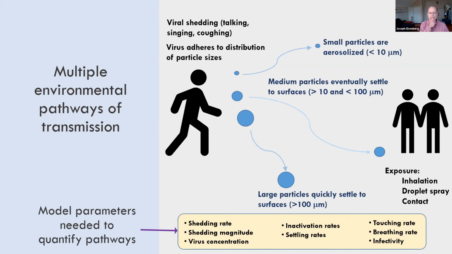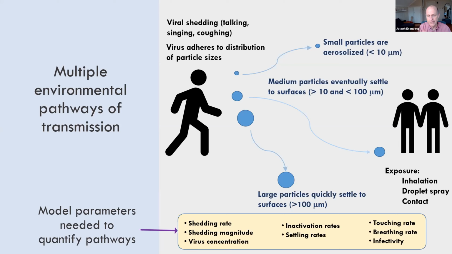And so then these are various parameters that we need to quantify these transmission pathways and better model these transmission pathways, and therefore better explore intervention strategies. What is the shedding rate, the rate at which we're shedding? And that's for COVID-19 a function of: are people coughing? Are they talking? Are they singing? So it's going to be very behavior dependent, very dependent on venue. Shedding magnitude, again, how much virus you actually have in you,